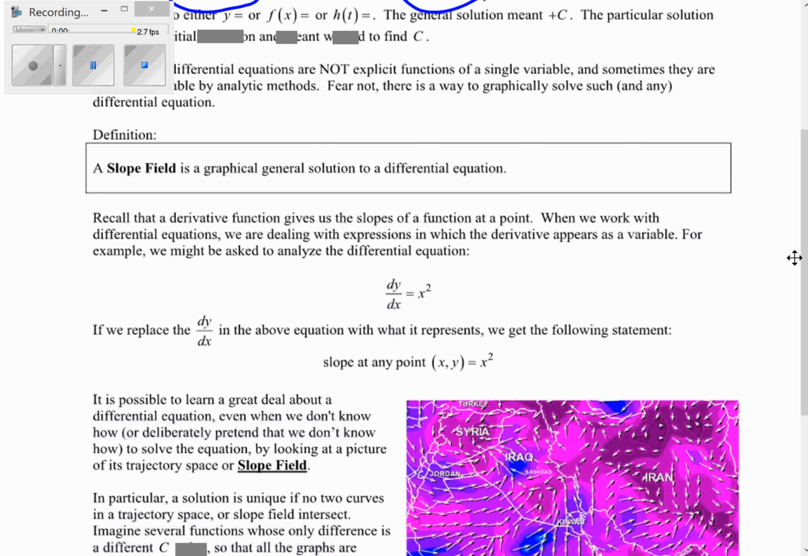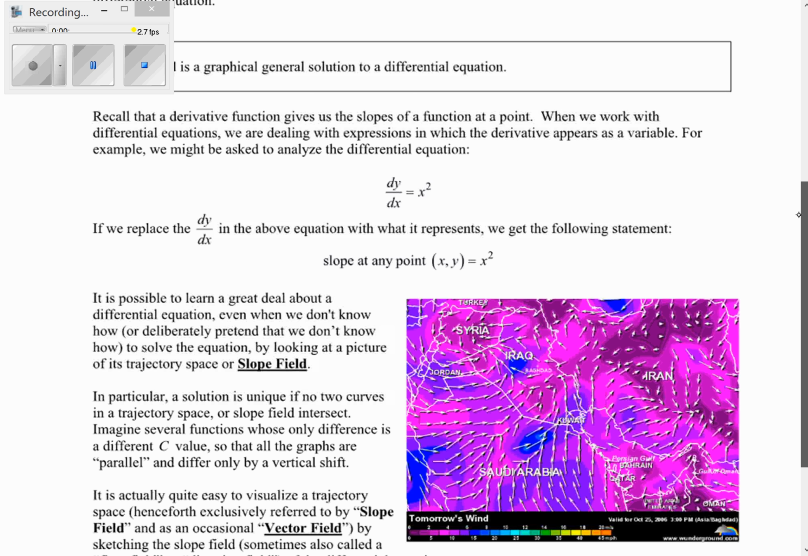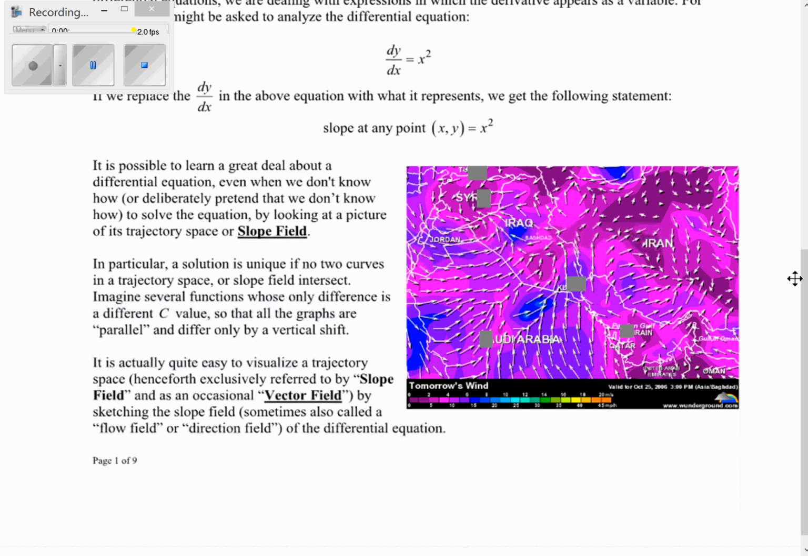If you look at the definition, it's a graphical general solution to a differential equation. This is an example of wind, and we can imagine this as a slope field. Our functions, our general solutions, are as if you imagine you are a feather, floating through here. Our slopes are going to take us different ways, and we'll see that a little bit later. So for our first problem,